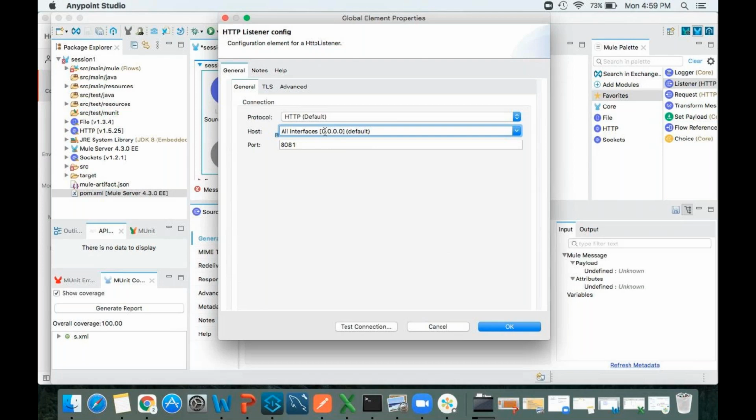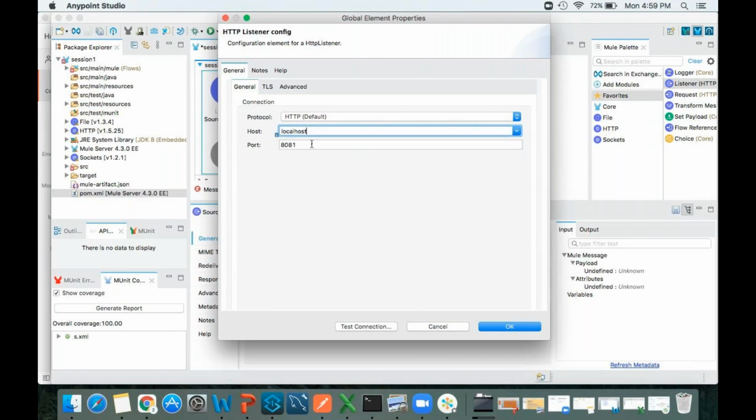If we provide 0.0.0.0, it is going to accept any kind of IP address. You can select either this or you can select localhost. Localhost is nothing but it is going to take your system IP address by default. Okay, so I'll go with this localhost, or you can select anything, it is fine. Let me go with this localhost,